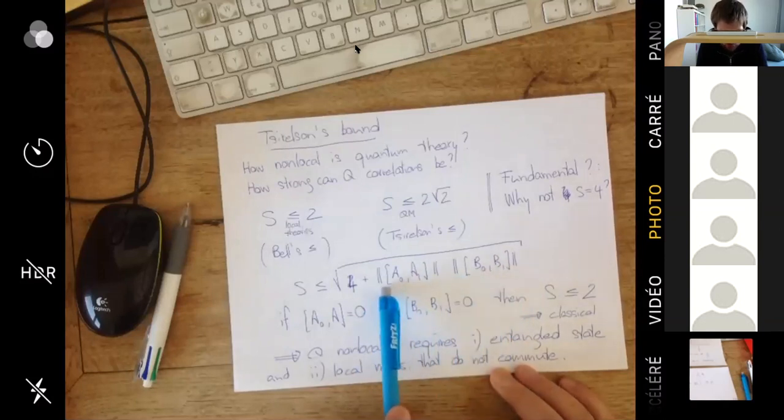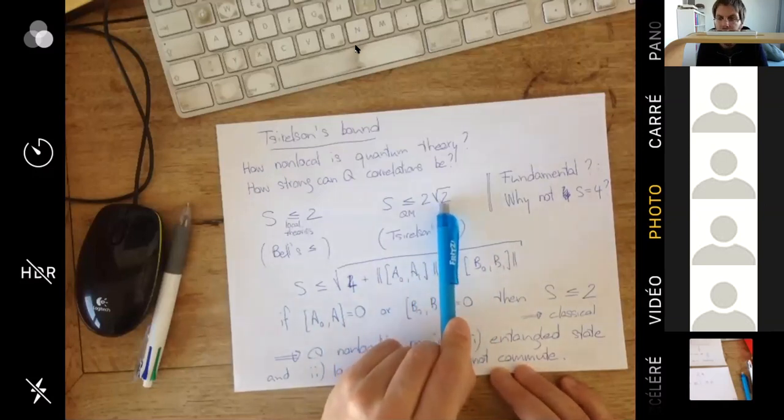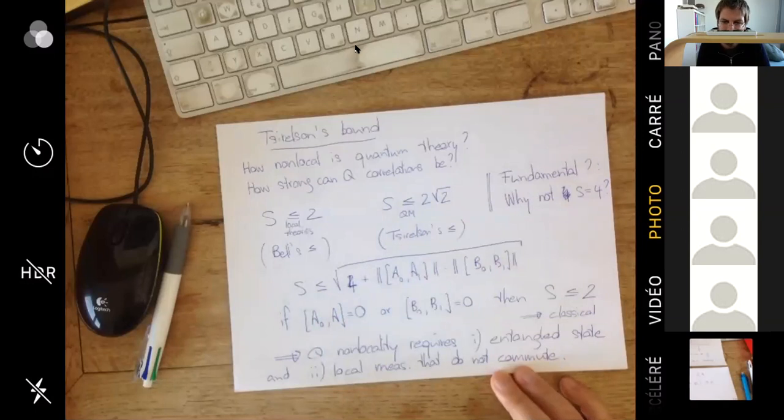Now imagine it is 2. It would be 2 if you take a sigma z and a sigma x, for instance. So in this case, you have 2 times 2, that is 4. So then the point is that S is no bigger than the root of 4 plus 4. So it's the root of 8. And what is the root of 8? It is 2 times root 2. Does it make sense? Yeah, I understand, but